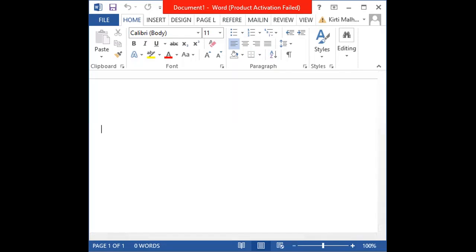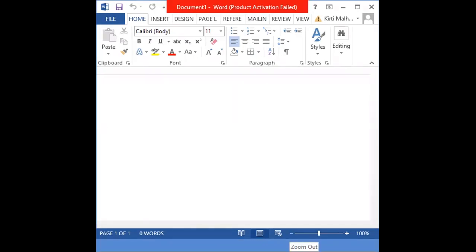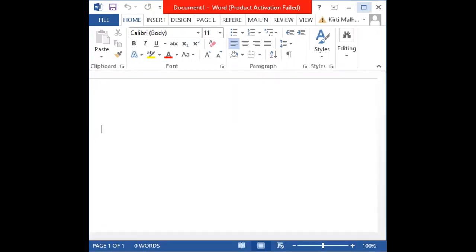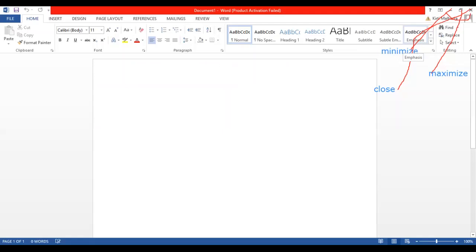I click with the left button of the mouse. And again, when I click on maximize, it will get larger and come to its original position. So I have told you minimize and maximize.